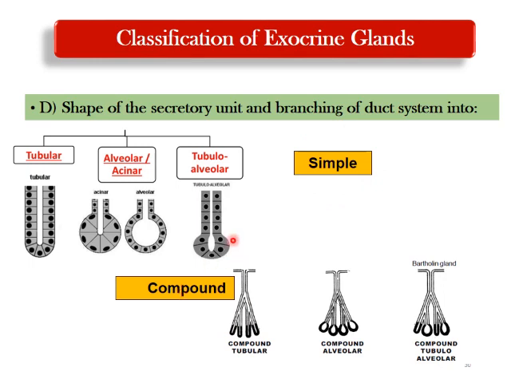Then we are going to name it according to the shape of the secretory unit. There are three different shapes. The secretory unit might be tubular in shape, or it might be alveolar or acinar in shape, or it might be a mix in between. Part is a tube ending by an acinus or alveolus, so we call it tubulo-alveolar. Then if we want to name it, we look first to the branching of the duct system. If we have a single duct, we call it simple. And then we look to the shape of the secretory unit. If it is tubular, these glands are classified as simple tubular,